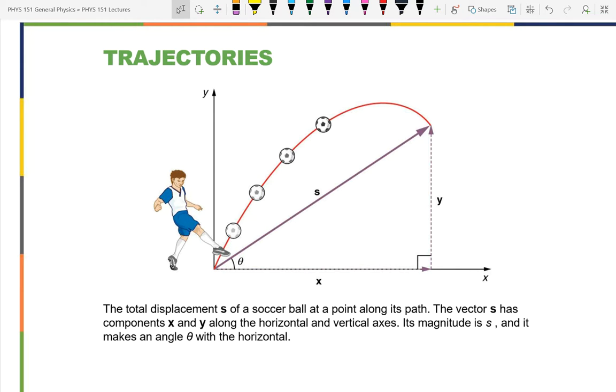The acceleration is just going to be constant acceleration of gravity acting in what direction? Down. Remember, that constant means that while it's going up, acceleration of gravity is down. While it's coming down, the acceleration of gravity is down. And when it's momentarily stopped, the acceleration is still going to be down, so it falls down. So this picture here is just showing, hey, look, dude kicked the soccer ball. It followed some trajectory, the name for the path, and we can calculate the displacement.